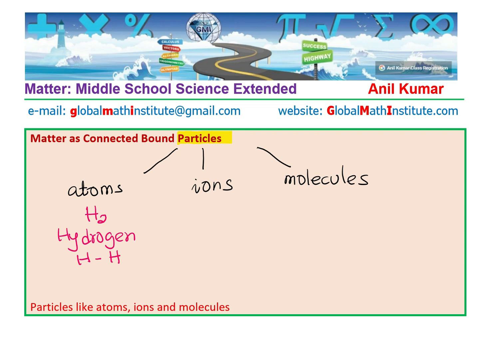Similarly, we have another atom, oxygen. I'm writing O for oxygen, and these two, let's say, combine together. O2, oxygen. So we have hydrogen and oxygen as examples of atoms before us.